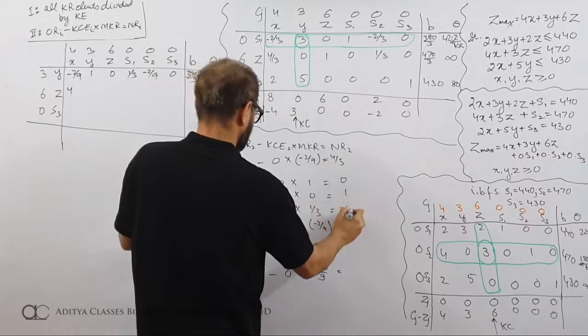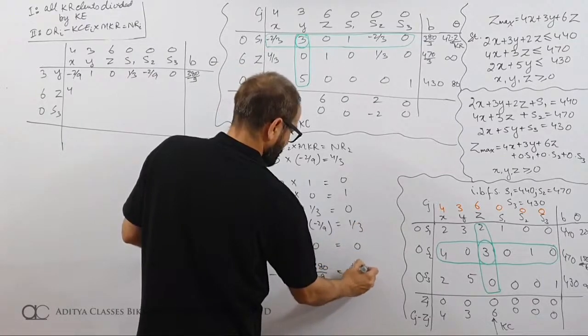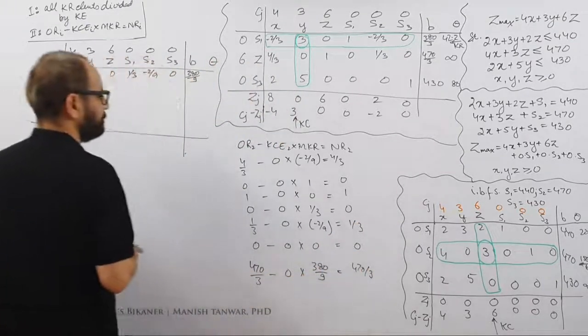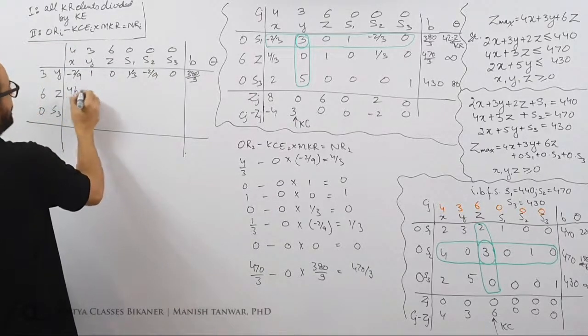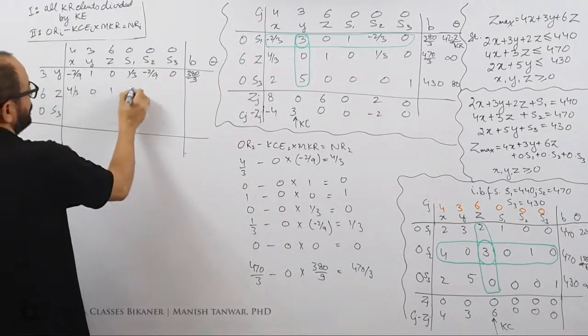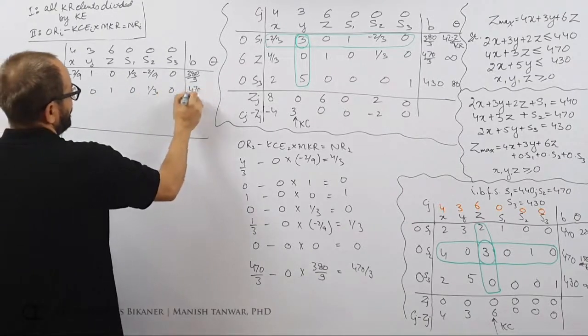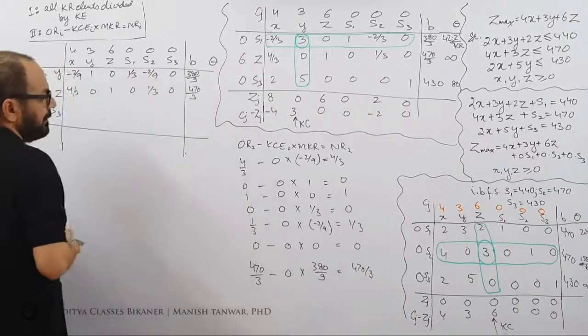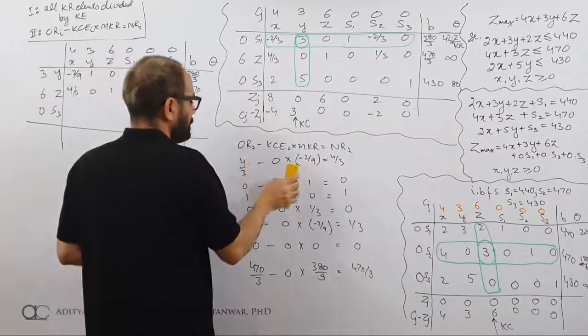0, 1, 0, 1 by 3, 0 and 470 by 3. So what I get is 4 by 3, 0, 1, 0, 1 by 3, 0 and 470 by 3. Then we need to transform the third row. So for the third row, what we do is,